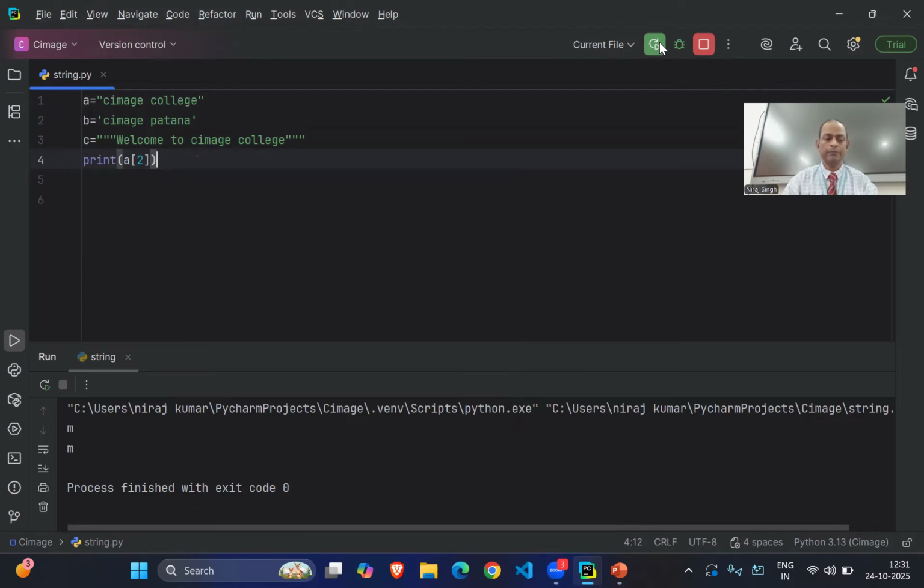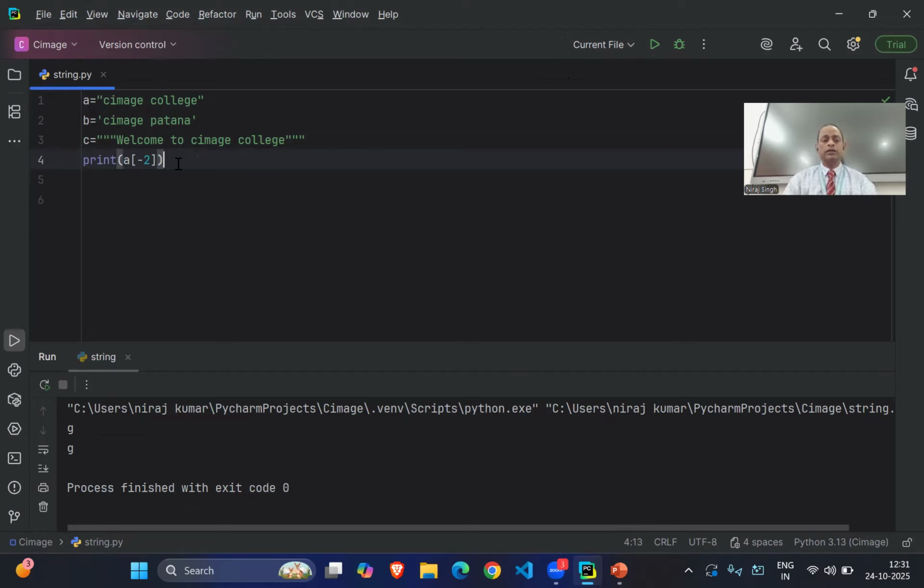It will display M. Simply, we can also display from right to left using the minus: -1, -2, -3. So when we write -2, it will display the second character from the right. So it should be the G, right?